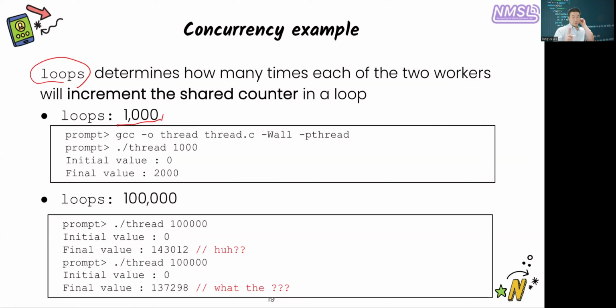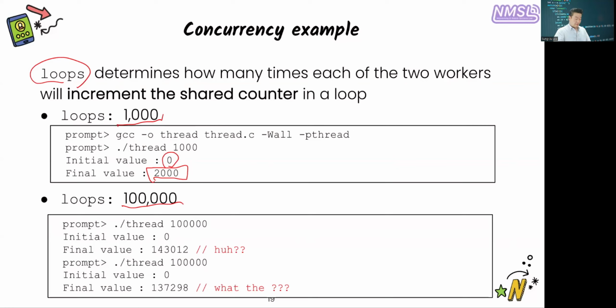Remember, there are two threads, right? So this should be 1000 times 2, right? Initially 0, this is 1000 times 2. Now, if we had, let's say, 5 threads, this should be 5000, right? What's interesting, however, if you have a large number of loops, let's say 100,000, if you do this,